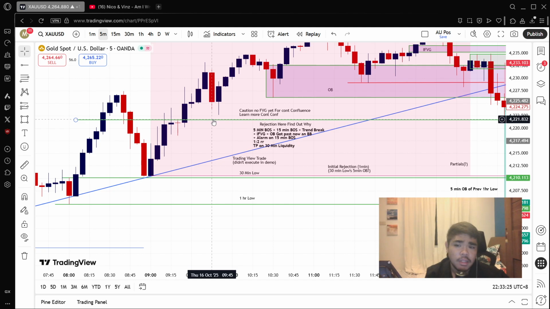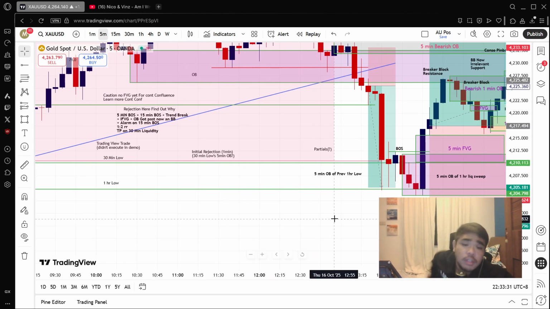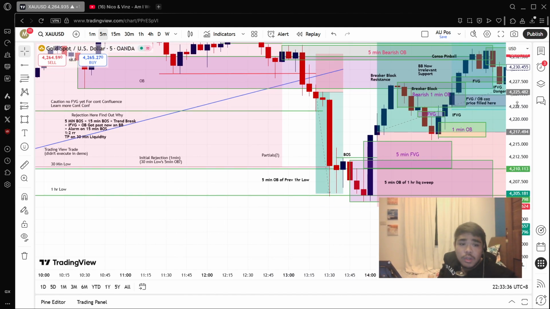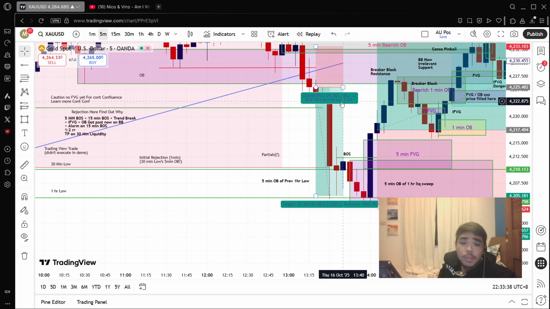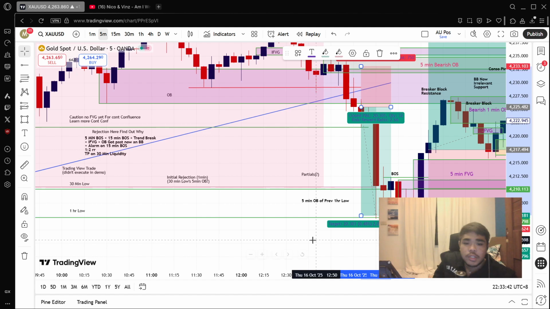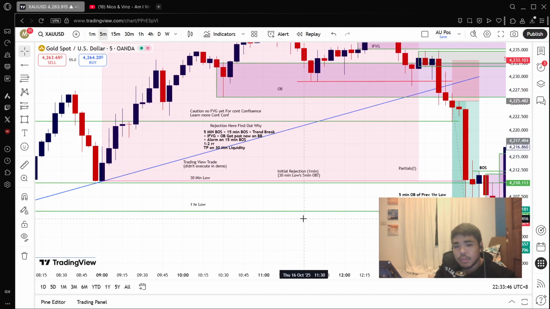I'm not certain, but maybe there's an order block here. We could look into that later on. But yeah, there was no rejection or bearish or bullish candle in this trade. If I did look at this, it was 2.6 RR, so our confluences are a 5-minute break of structure, which was this